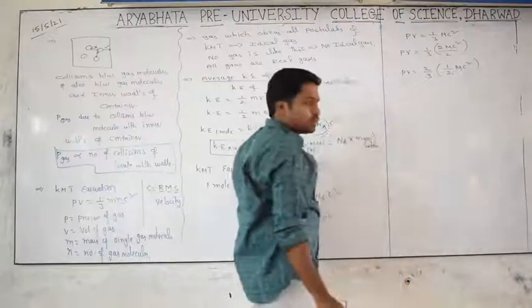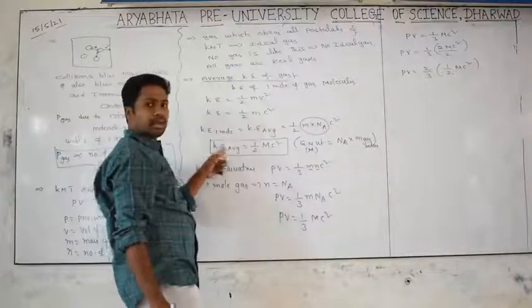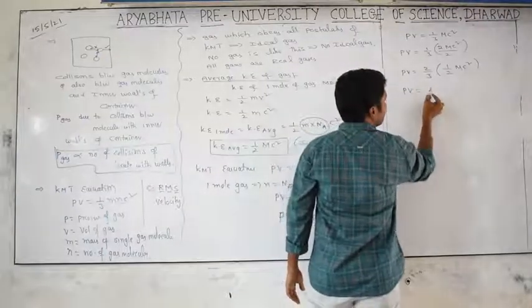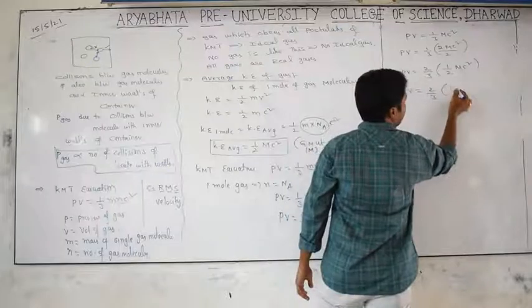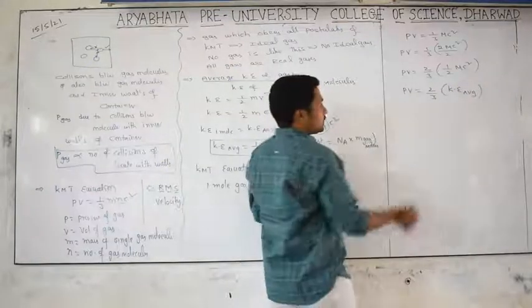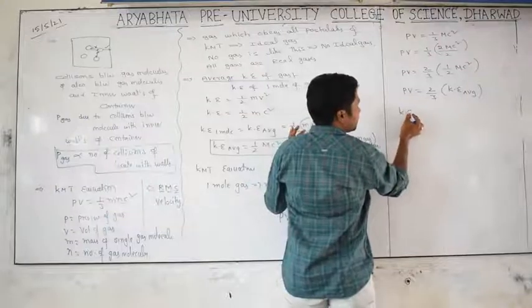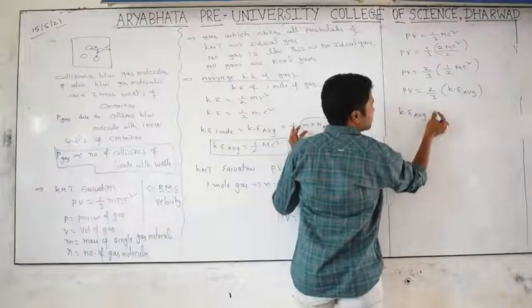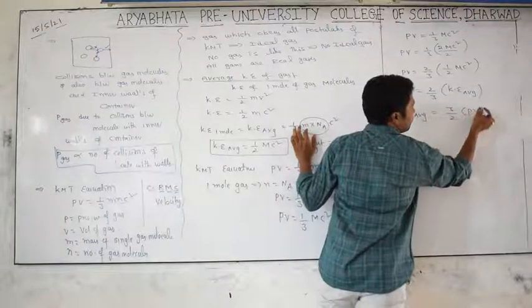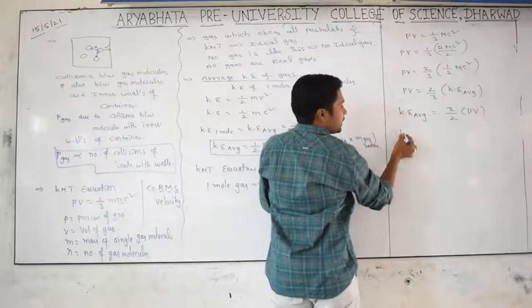Half M c square, what we can write from here, is the kinetic energy average. So PV is equal to 2 by 3 of average kinetic energy. Then separating, average kinetic energy is equal to 3 by 2 into PV. Then can we write KE